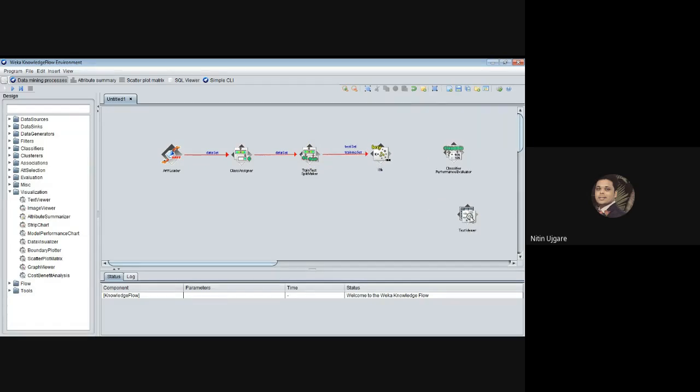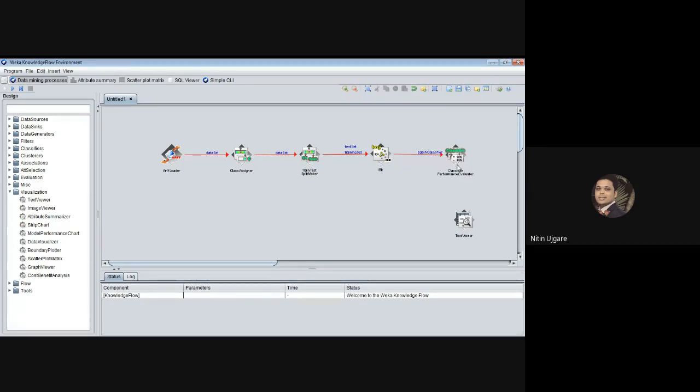So we have built the model up to this point. Now we have to evaluate the performance of this KNN model. So I will click on this batch classifier, which allows you to evaluate the performance.